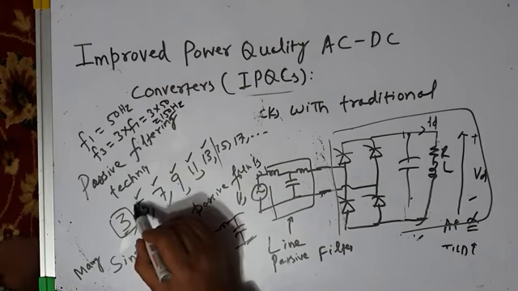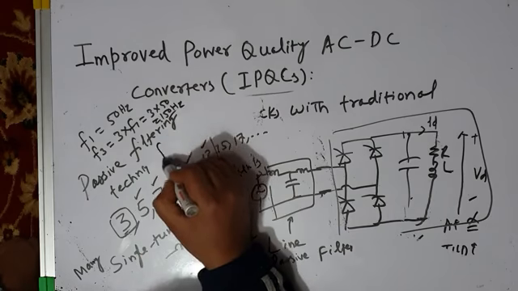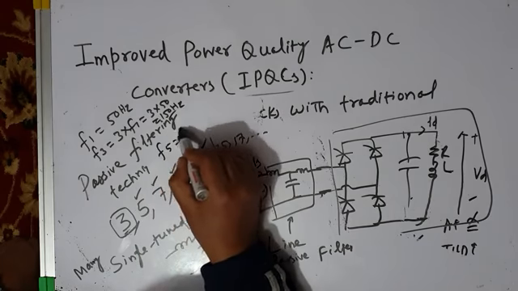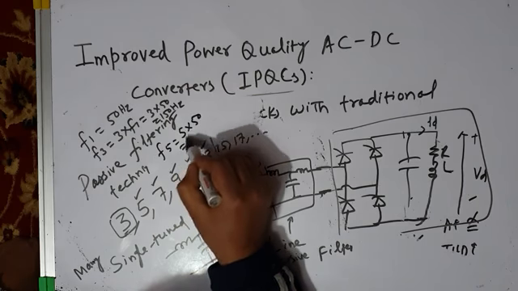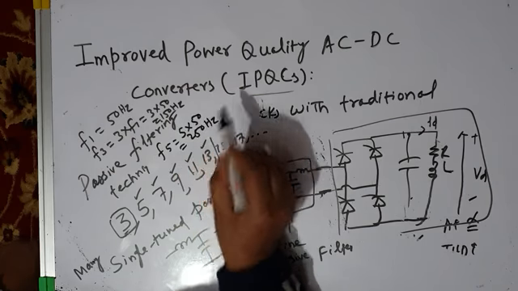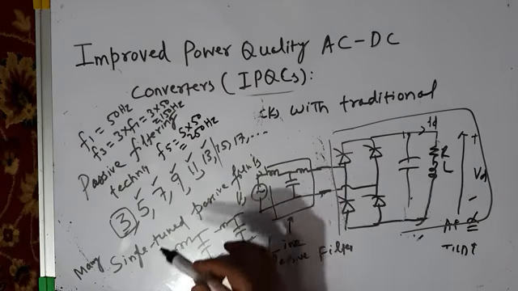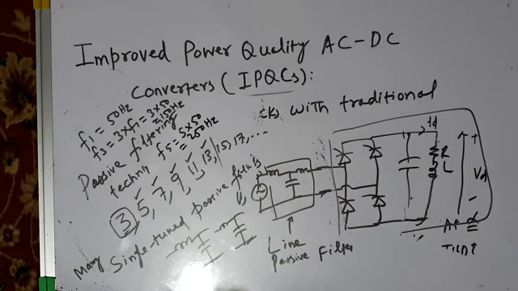Similarly, what will be the frequency of fifth harmonic component? Frequency of fifth harmonic component will be 5 times fundamental, that is 250 Hertz, which is again not a high frequency, so its size will also become large. Of course, the size of